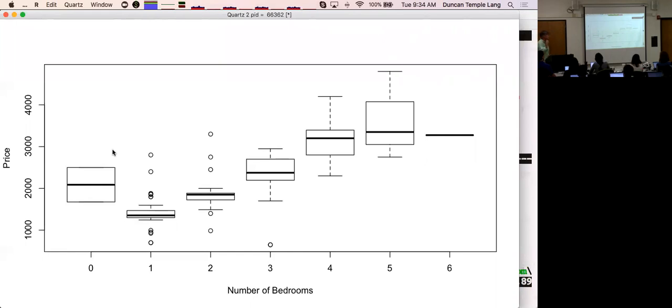This allows us to see, oh, hang on, this is kind of handy. This is actually allowing us essentially to see density plots for each, by splitting on the bedrooms. You subset each number of bedrooms and look at the